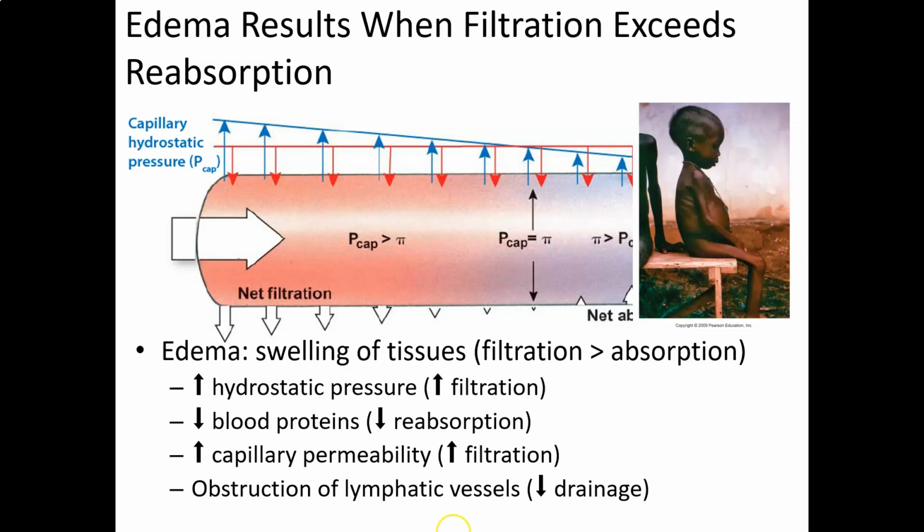So that's edema. One of the places you see this really common is in cases like this. So here's this very malnourished young child. And you think, okay, he's malnourished. I can see that in his arms and legs, but why does he have this big swollen belly? Well, what happens is normally when we send blood through the hepatic portal system, right? So remember, the portal systems are when we have two capillary beds in series, right? And so the first capillary bed is in the gut where we absorb